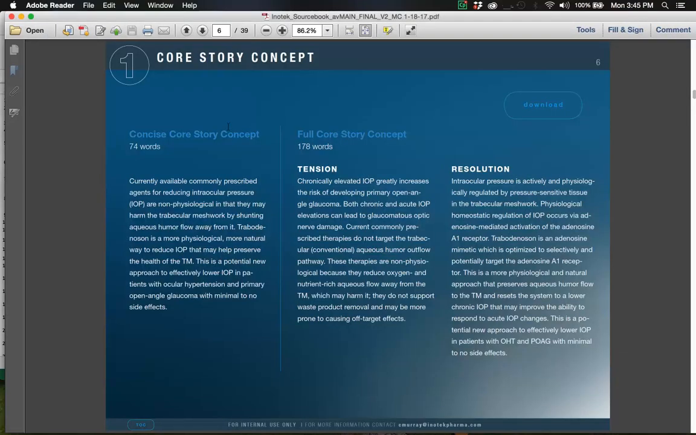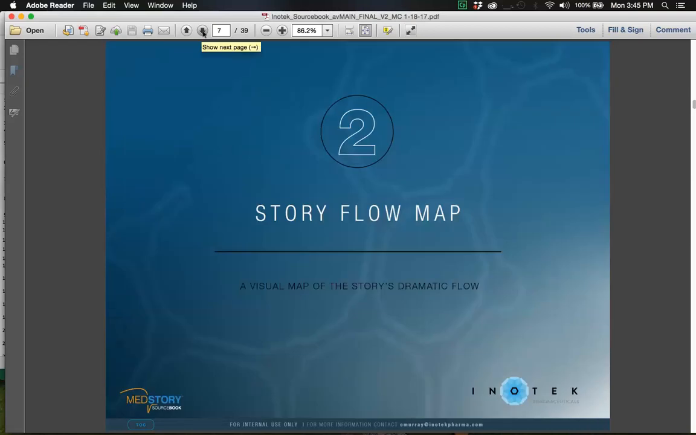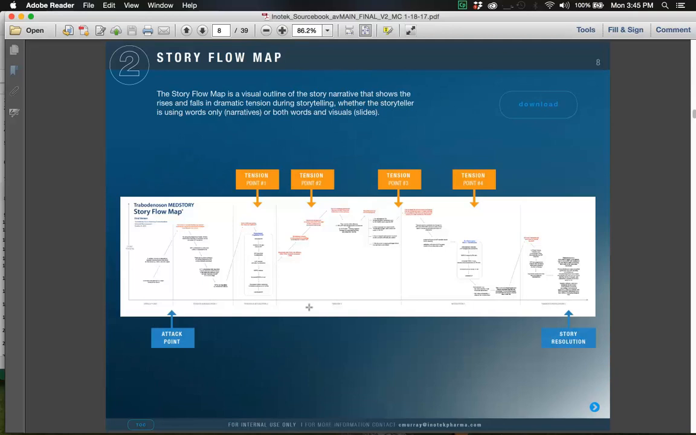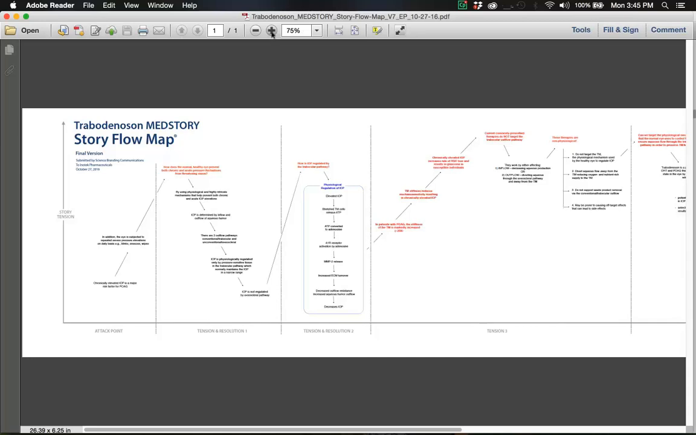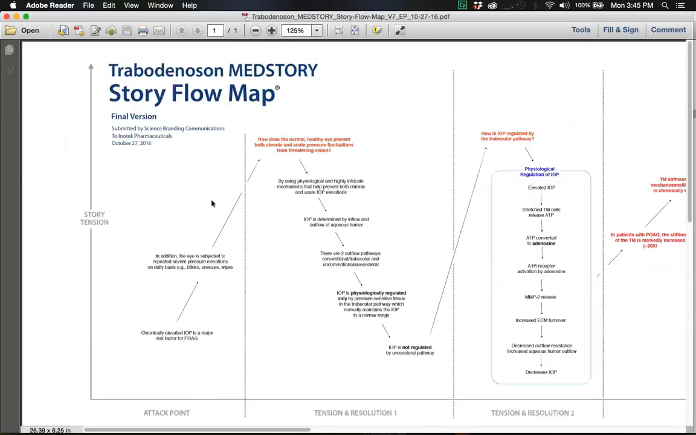So I'm going to go back to the PDF and advance to the next section, which is the story flow map, and it's the visual outline of the story's dramatic flow. Now, I don't expect you to be able to read these topic headings here, but if I click the download button, up will launch the original Adobe document that we created, and like in any PDF, you can use the zoom button to get to a larger format, and the reader would then be able to read the flow of this